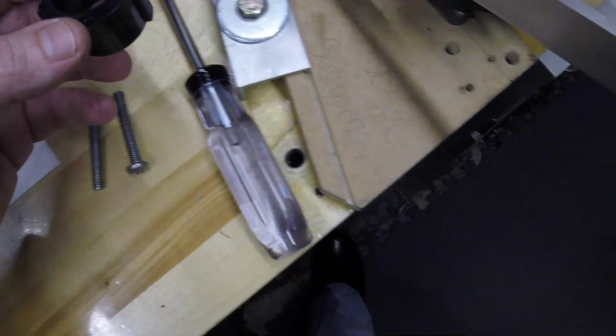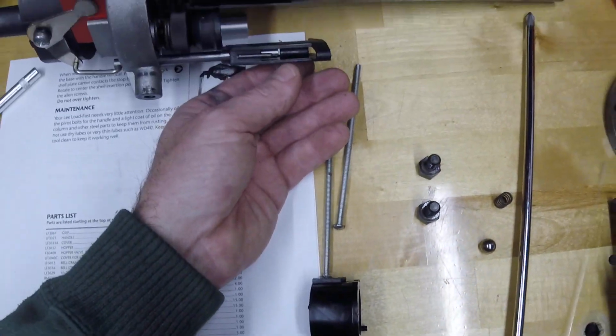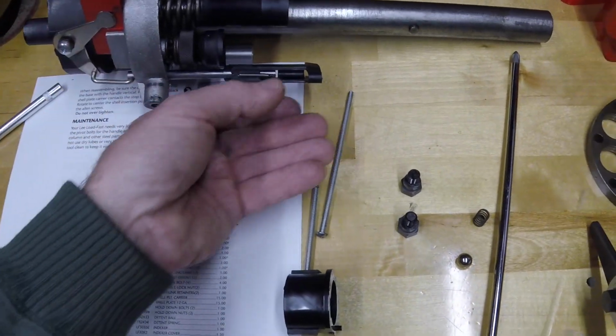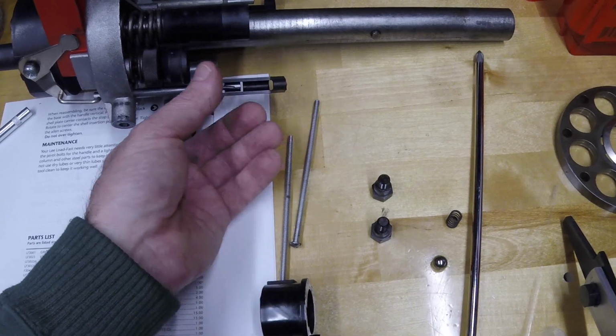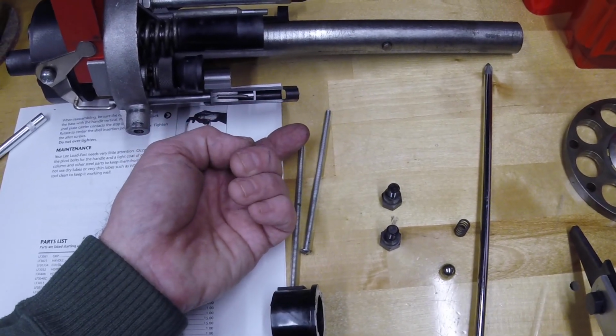I like the machine. It is quite complex with these case sensors and springs and bell cranks and stuff, but the cool thing is it doesn't throw powder and it doesn't throw shot unless there is a shell underneath the